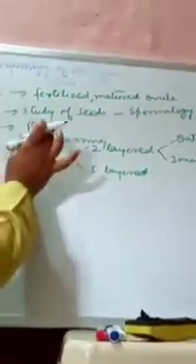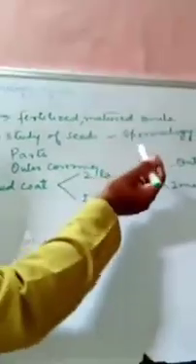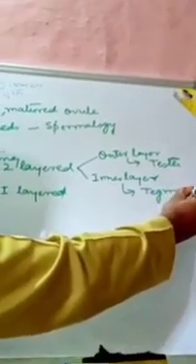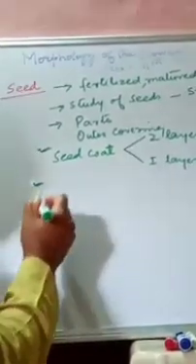So what we have discussed, this first part, the seed has got the outer covering which is called the seed coat. This seed coat may be two layered or one layered. This two layers is mainly found in the dicotyledons, and we are mainly concerned with these flowering plants. The outer layer is called the testa and the inner layer is called the tegmen. This is the first. Now the second one that we have is the